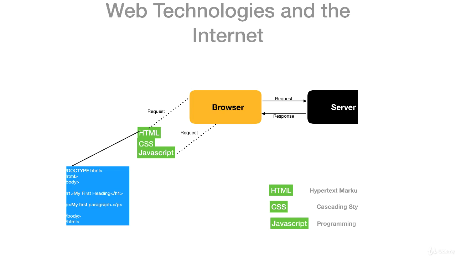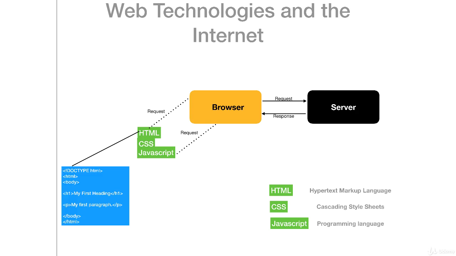So in web development, traditionally, we have web technologies, which are the tools that we use to create websites, web pages. The basic web technologies are HTML, CSS, and JavaScript. As you can see in this diagram here, we have HTML to the left here at the bottom. HTML stands for Hypertext Markup Language. It's a language that allows us to create the markup of how our page will